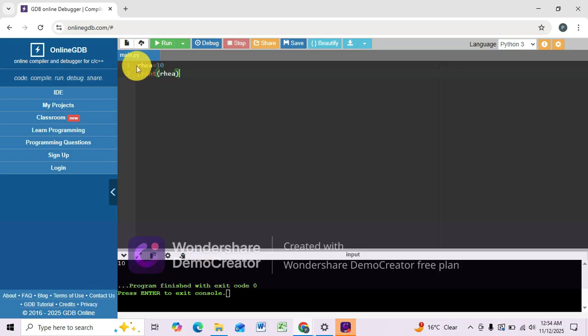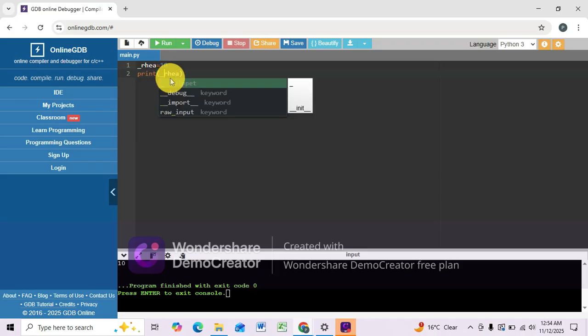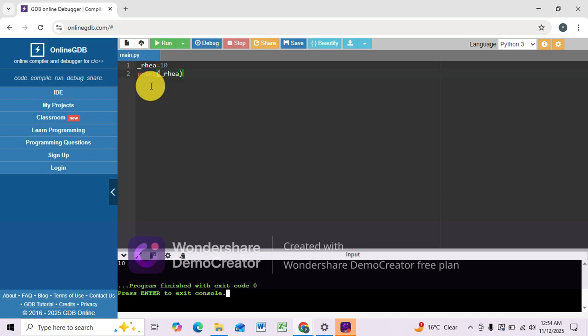Now just give an underscore to it. As mentioned, the underscore can be used here. So we have given an underscore. Now change the variable name here also. Now check if it will run. It will run, and the rule is that a variable can start with an underscore or a letter but